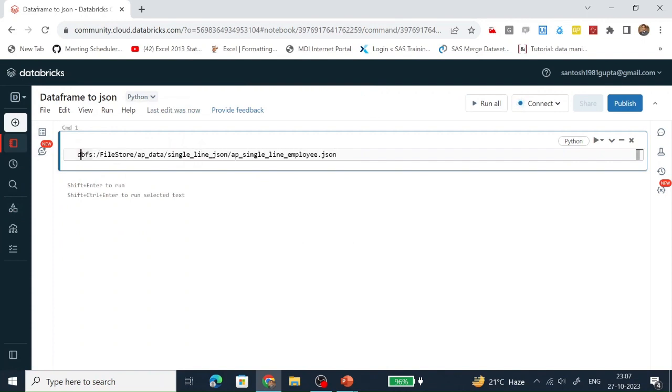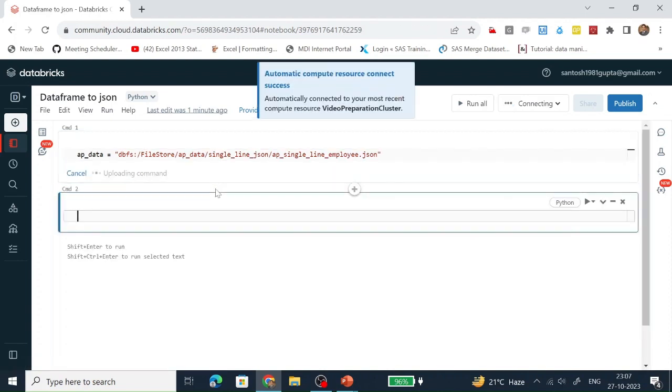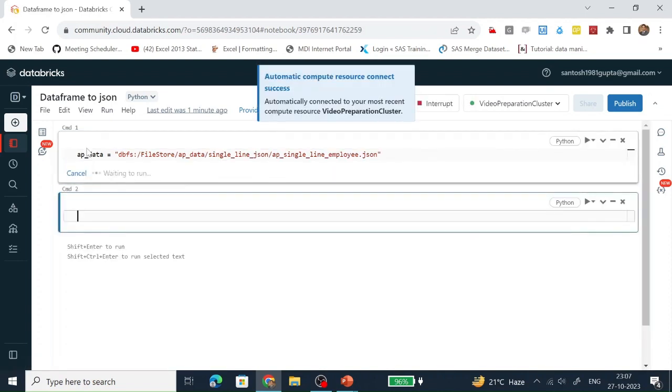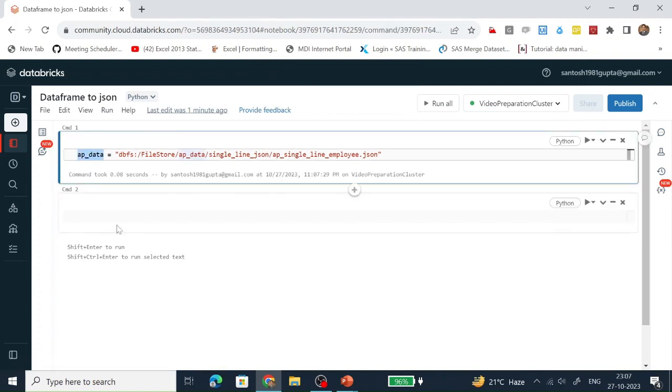Let's store the location of this JSON file in one variable. This variable has been defined successfully and it has the path of the JSON file which we are going to read.